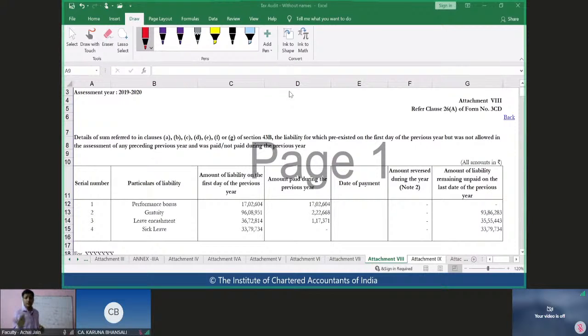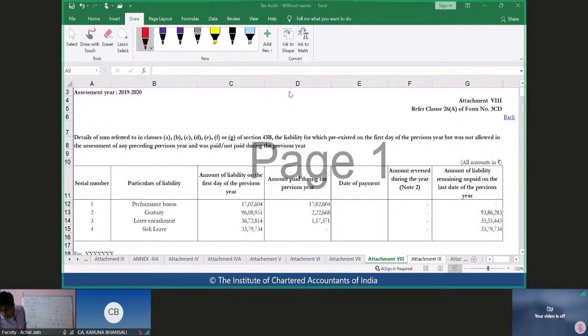If you remember, this is also one of the differences between income tax and the books of accounts. So for checking this, what will the auditor do? The auditor will first of all pick up all of these items from the financial statements, because all of these should be liabilities or transactions sitting in the books of accounts of the company or the entity. And then he should also check whether these amounts have been paid during the previous year or subsequent to the previous year, but up to the date the tax audit report is finalized or up to the date the income tax return is furnished